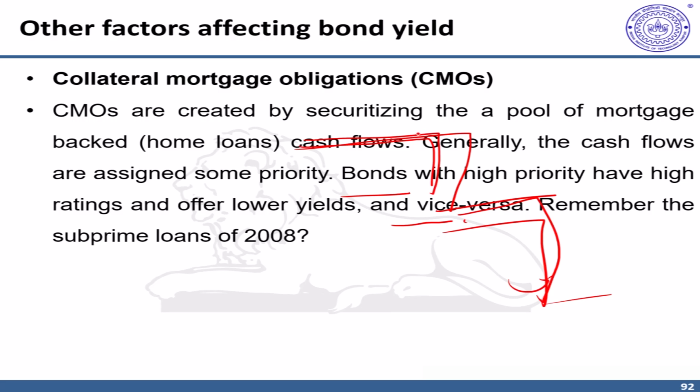However, this has its own risks or hazards. For example, in the 2008 subprime loan crisis, we saw that all such issuers defaulted because they did not get their home loan repayments. Irrespective of the hierarchy or the priority, even the higher rated instruments also defaulted. To summarize, in this video, we discussed various auxiliary factors that affect bond yield, such as attachment of CDS, option-like features, tax benefit, risk of the bond like private or government bond, and so on.